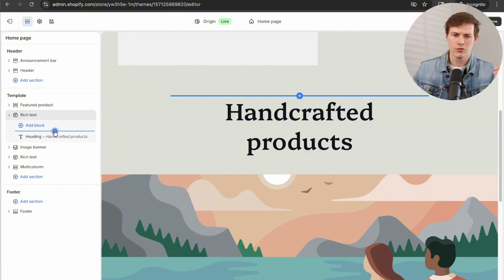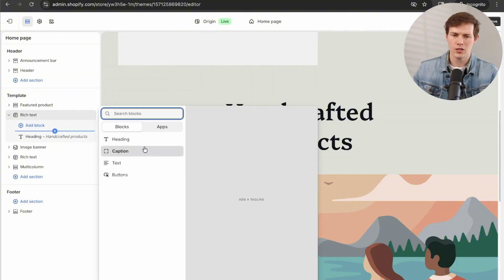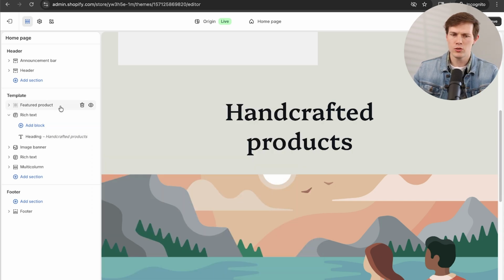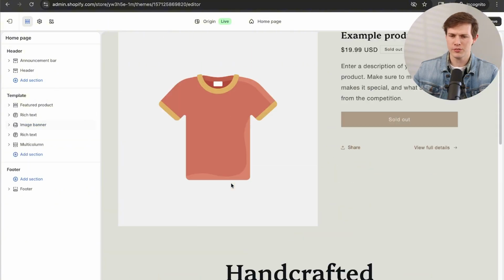So you can click on the plus right here, and there's a lot of different blocks you can add. In this particular section, there's a limit, you can only have four different ones here, but anywhere else, you can add tons and tons of different styles of blocks. Now, to keep this website really simple,